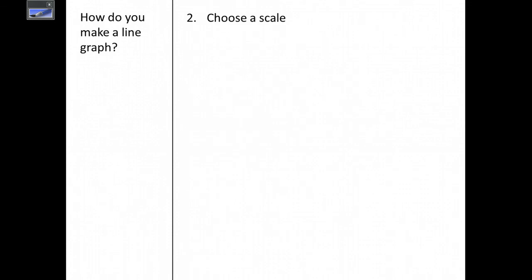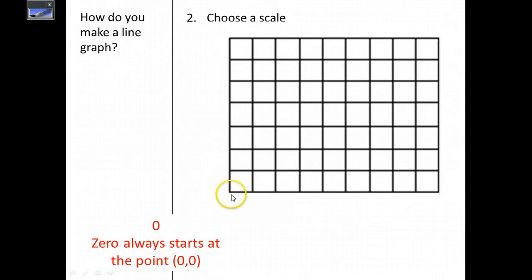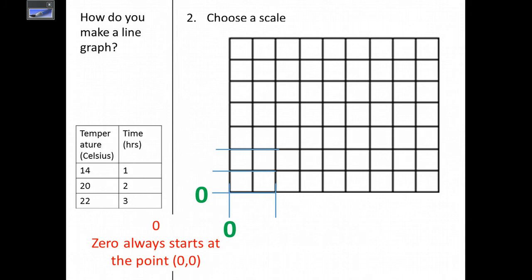Then choose a scale. Here's a graph again. Always start at 0, 0. We will have 0, 0 right here. But figure out how far you could put these numbers. If this is the data table that we are about to graph, we don't want to put 1, 2, 3, 4, 5, 6, 7, 8, 9. 9 could go all the way out here, because then we would only be using the graph, we'd only be using it up to here. We need to space this out. So we put